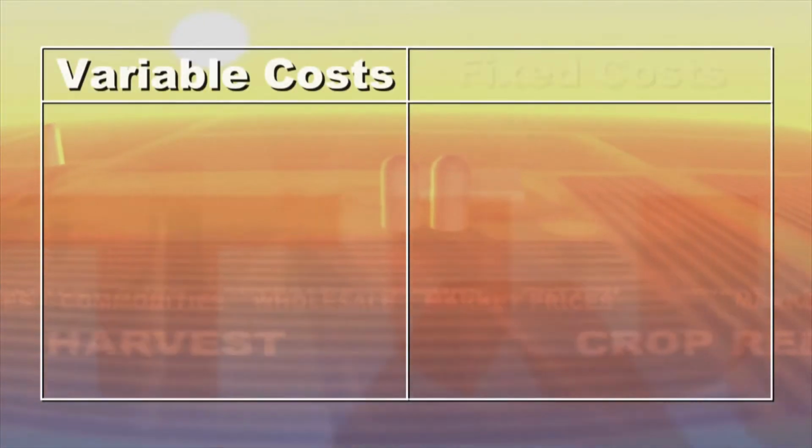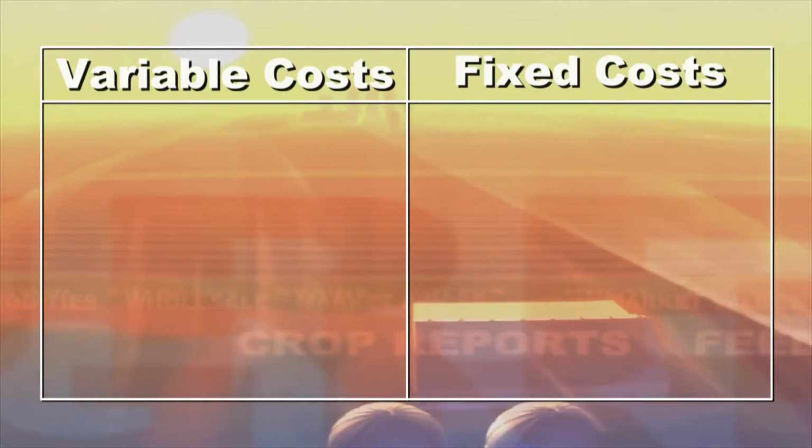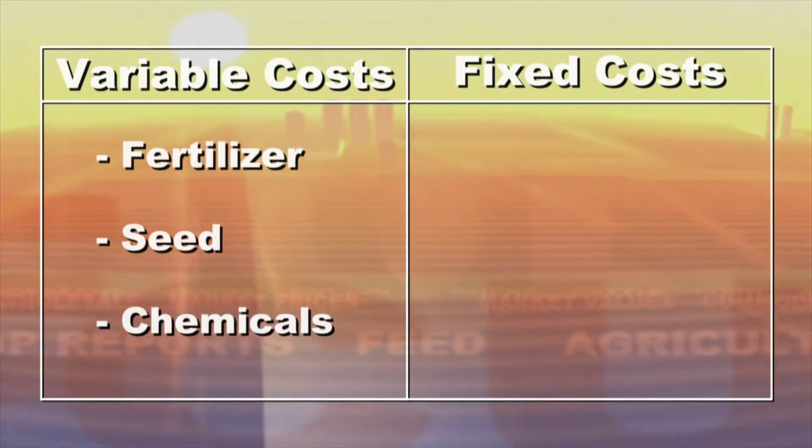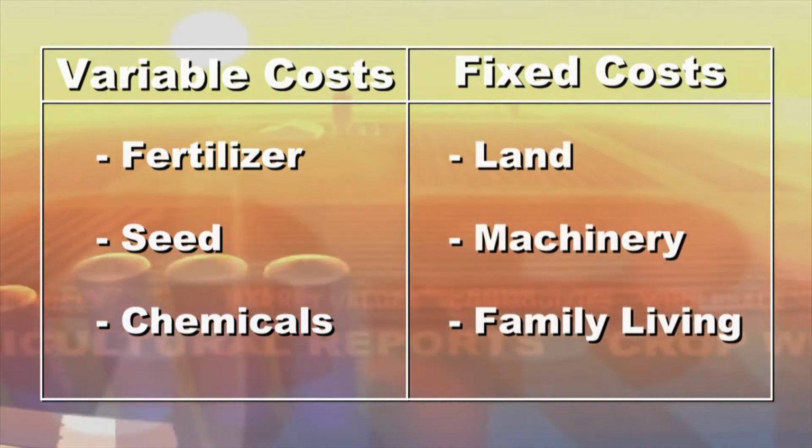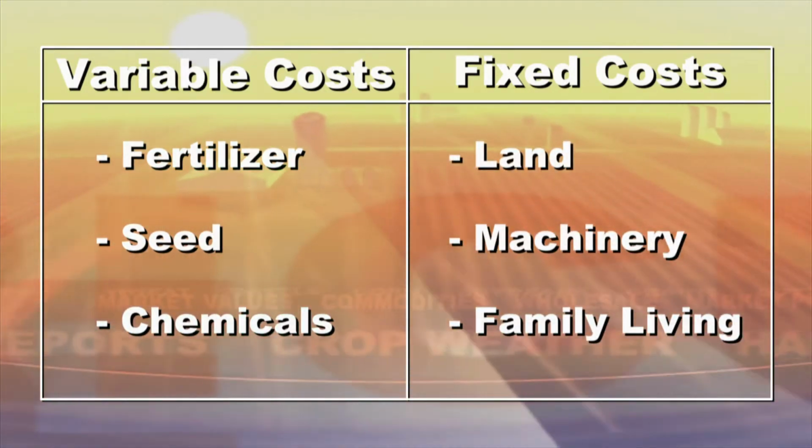We like to break those expenses into two groups, the variable costs and the fixed costs. Variable costs for a grain operation would be things like their fertilizer, their seed, their chemicals. And the fixed costs would be things like their land costs, their machinery costs, and family living, things that are